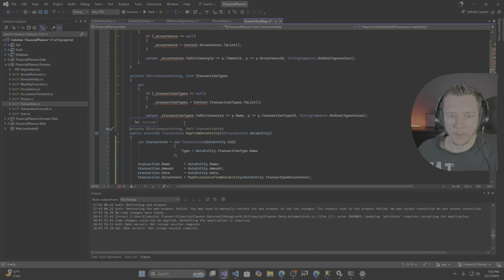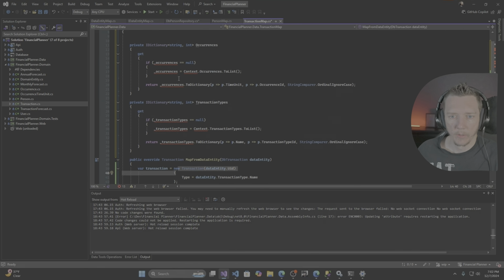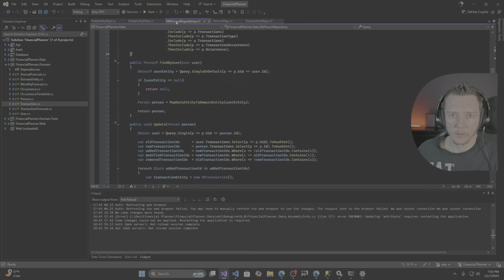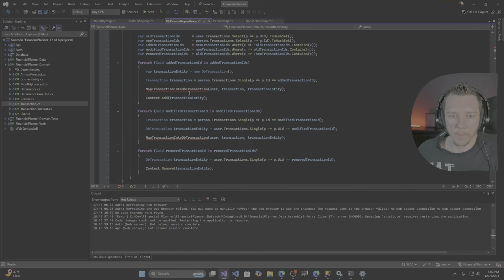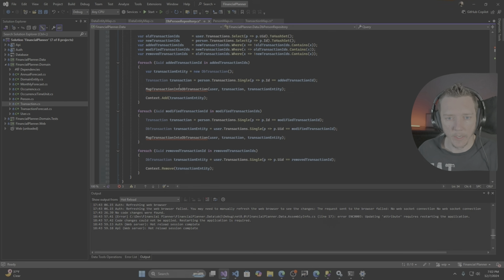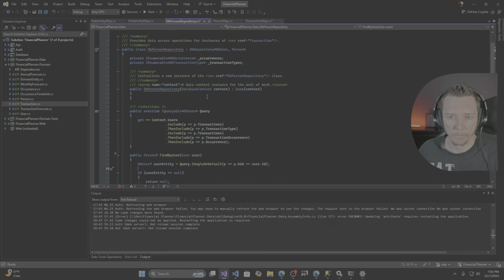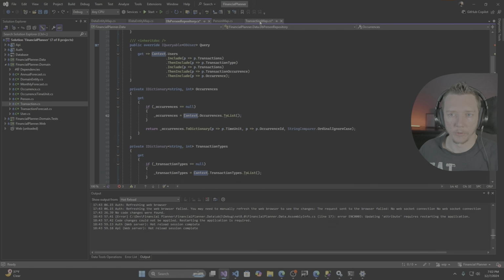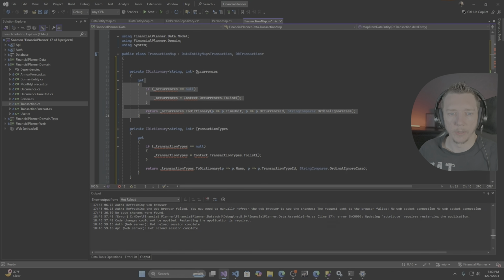But what we'll probably do is make these dependencies. So that way the mapper is not responsible for loading them, which would be really awkward. We want the repository to be the thing that controls the actual querying and translation, and the mapper is really just A to B, B to A. So in that sense, we're going to actually put that code back here for now, just so we have it somewhere. But in the transaction map,